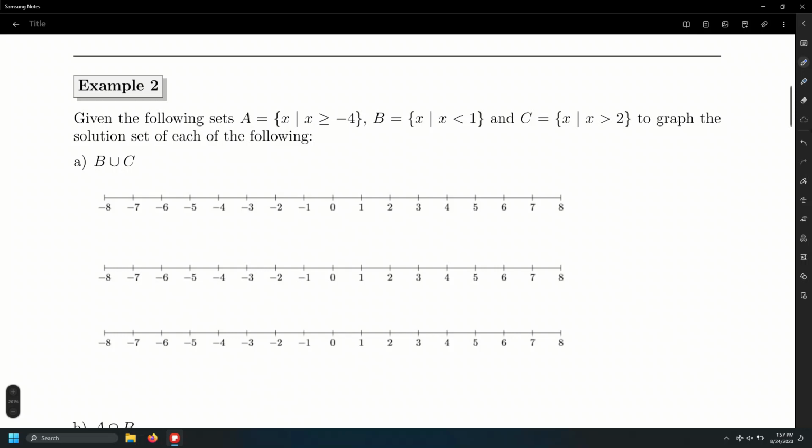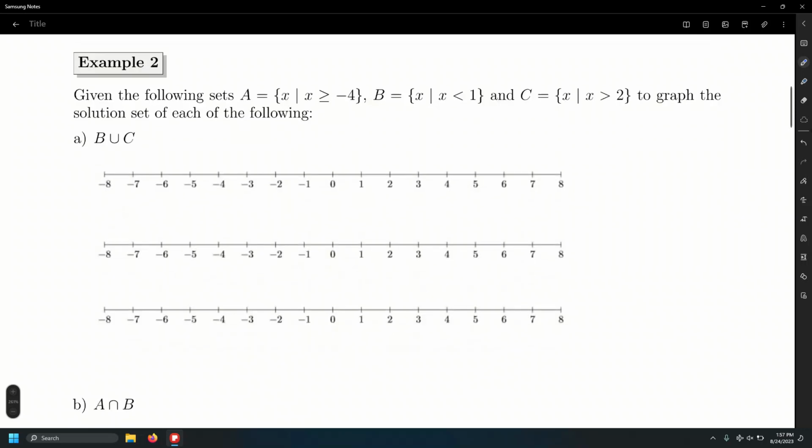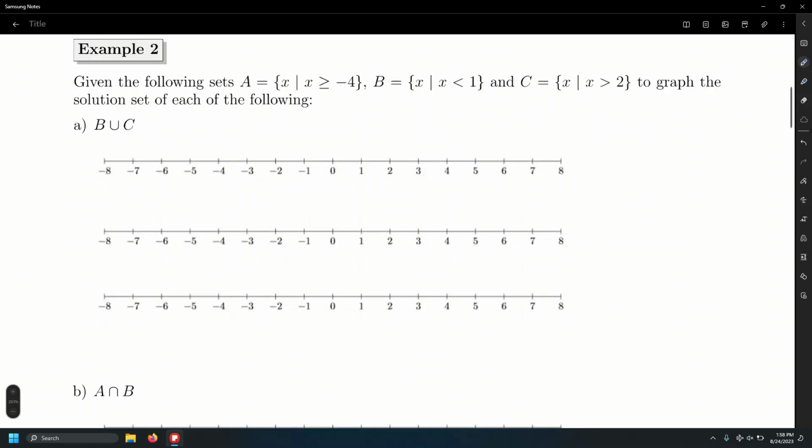Alright, so example number 2. Given the following sets, and these sets this time are not given as lists of numbers like the ones in example number 1. They're given as inequalities, and those inequalities represent certain sets of values, like for example, a set A: x such that x is greater than or equal to -4. That is, all the numbers that are greater than or equal to -4, like -3, -2, -1, 0, 1, 2, 3,